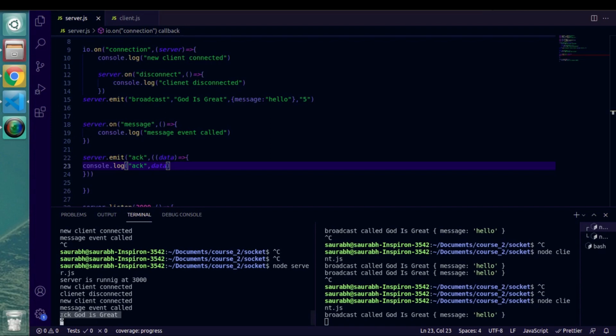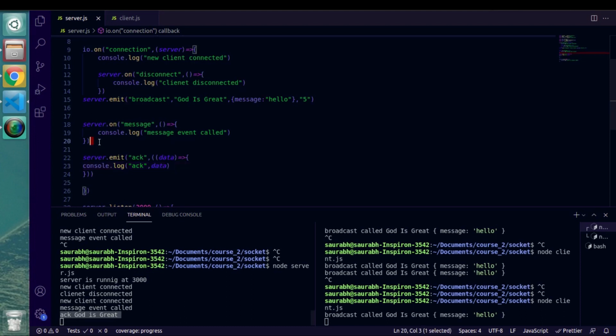So if you are working on some functionality where you need an immediate response, or maybe you need required confirmation from a particular event, so you can use this event. Otherwise, if you just want to call a particular event and you don't care about the response that they are giving, or maybe the response is not important, so you can use the normal events which we just saw in our first examples. Okay, so this is the one way.